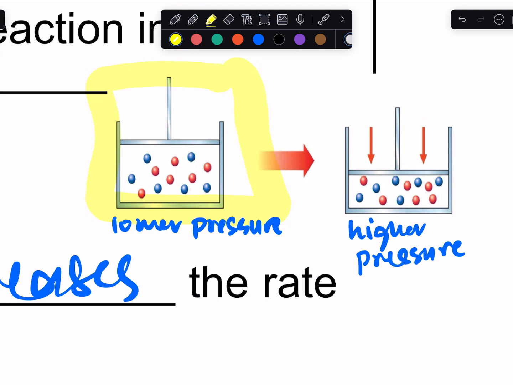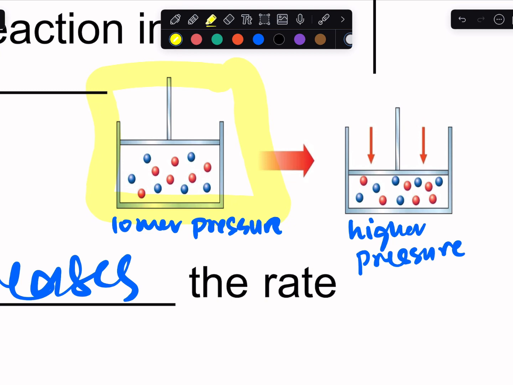the container. Okay, so imagine gas particles are moving randomly and rapidly in all directions, right? So as it hits the wall, it exerts a tiny force on the walls of the container. Okay, so the pressure that this container is experiencing is actually from the number of moles of gas inside. So I can increase the pressure by reducing the volume that these particles exist in, or I can pump in